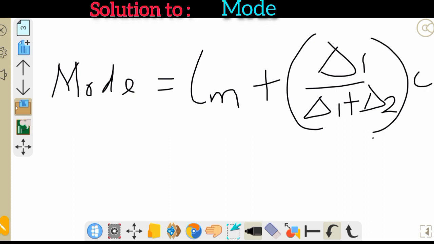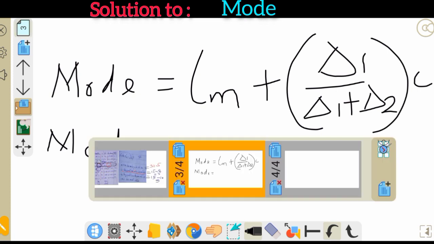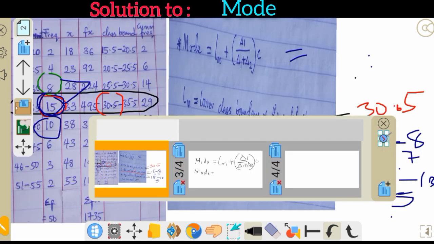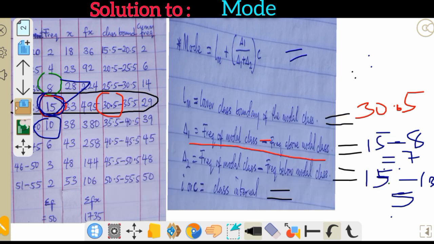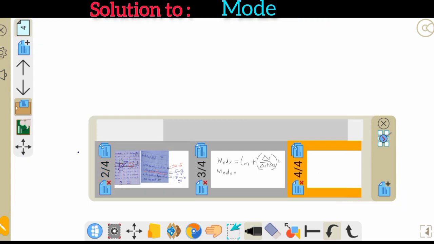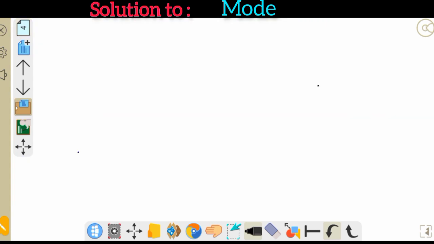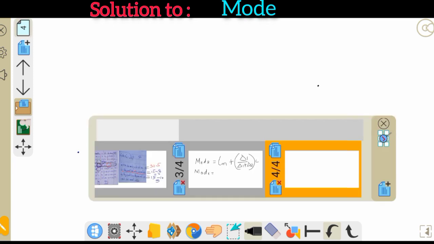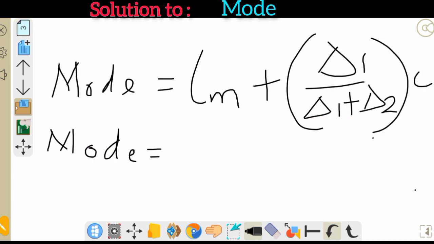So let's put them now. Mode is equal to, I think we got for that list, let me see that number again. We got something like 30.5. Yes, 30.5. Okay, we are going to be taking it again. So that will be L, which is 30.5, plus, into bracket,